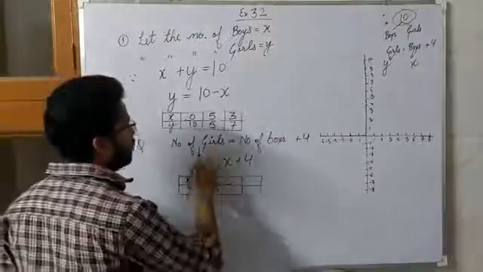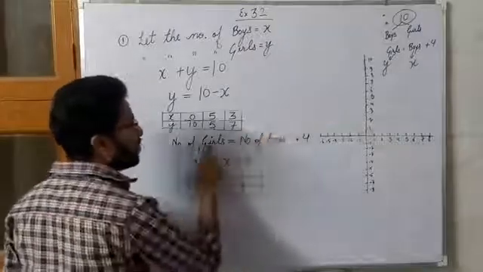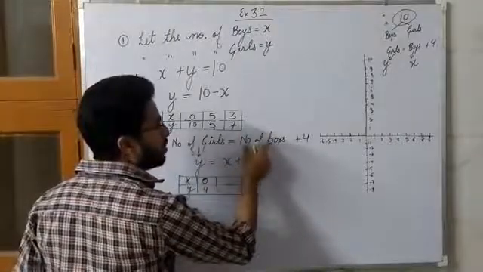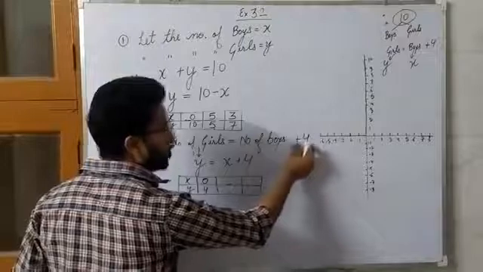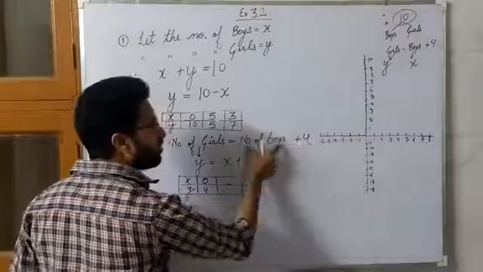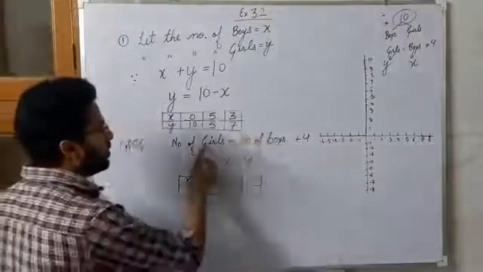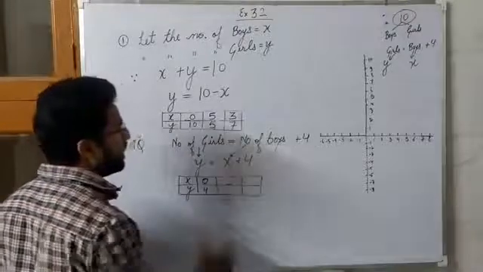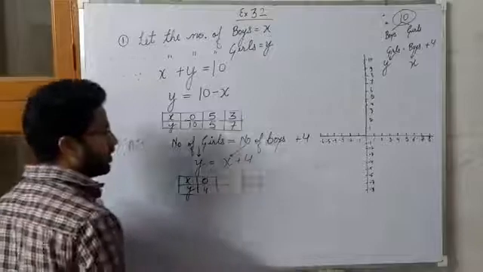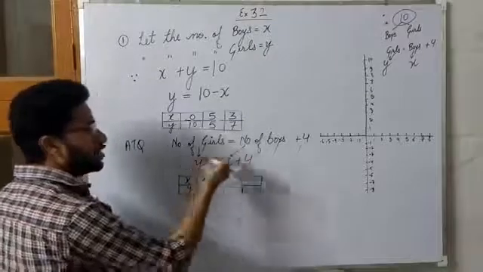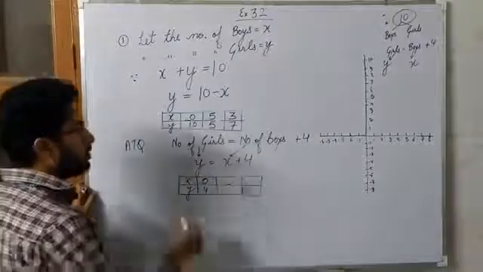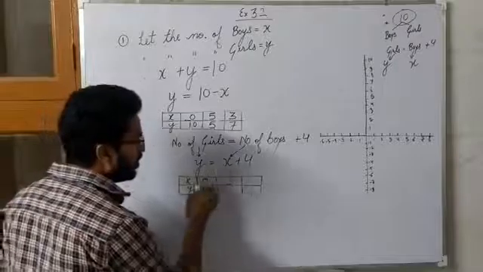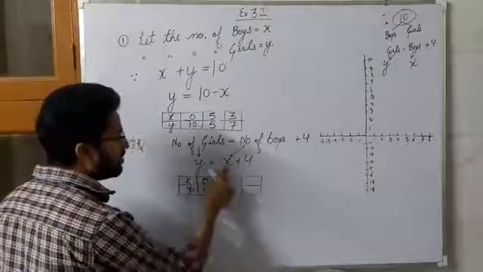Similarly here, now the second condition was number of girls are 4 more, जिसके लिए हमने +4 लगा दिया, किससे? Number of boys से, right? Now number of girls means y and number of boys means x, right? So y equals to x plus 4. This equation is already of the form y in terms of x. Now what we will do? Put the value of x and get the y.